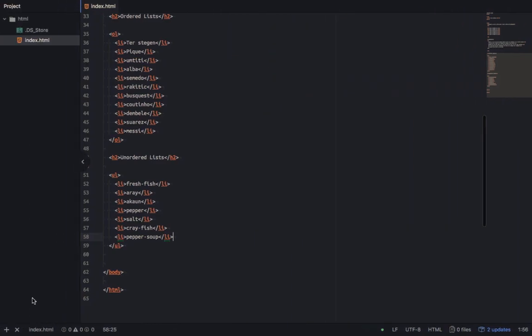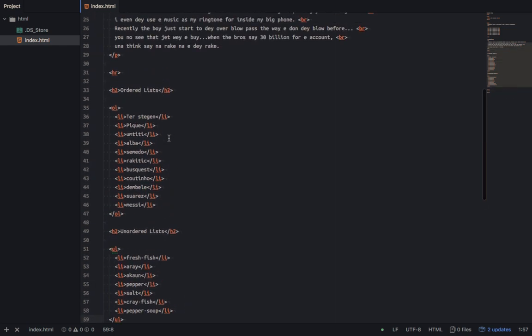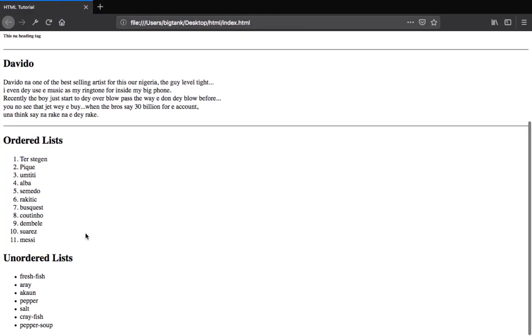I also talked about the definition list, but I won't go into the definition list now. Maybe in a later class or later tutorial, or maybe when we get to CSS. Even in this HTML tutorial, the tags are plenty, and not everything can be learned in just this series. But I believe by the time we get to CSS, some of the things we forgot or didn't talk about in this tutorial, I'll show in that place. So I'll end this one here. In this tutorial, you learned about ordered list and unordered list, and as time goes on, you'll see how we use them until we run our website and everything goes smooth.